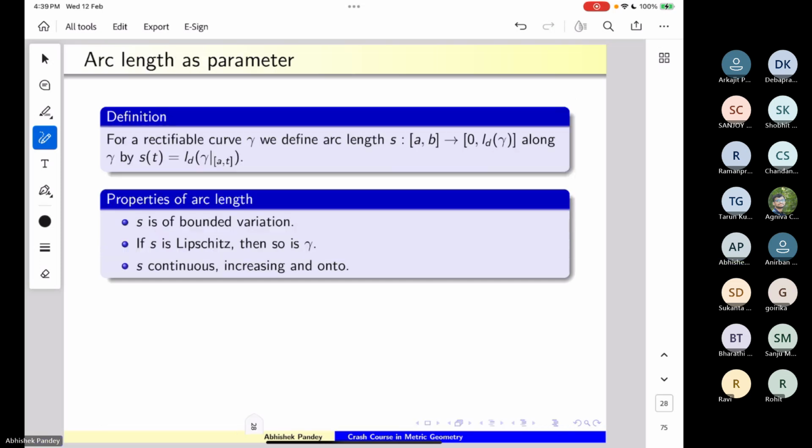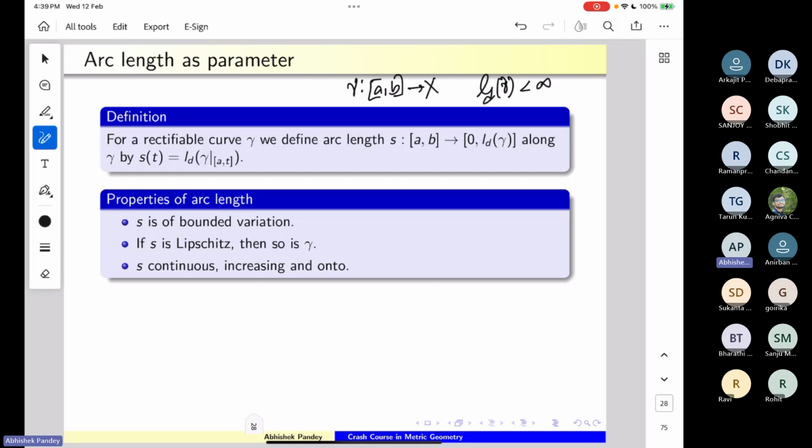Okay. So this is quite important: arc length as a parameter. We have a way of parameterizing a curve, which is quite important. For a rectifiable curve, we define the arc length function. So now we have a curve gamma from a comma b to X, which is rectifiable. It means that the length of gamma is finite,